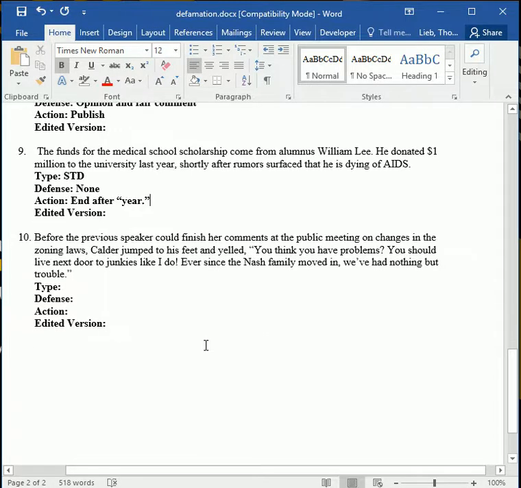Finally, number 10. We're looking here at a person making charges about his neighbors, the Nash family, saying they're junkies, which would indicate illegal drug use. Who knows what other problems he's referring to. At first we might think, well, this is in a public meeting, so we're all good, right? Because that would fall under fair report. But one of the requirements of fair report, and I'm going to put in here that we're looking at crime again, is that the material needs to be germane to the topic of